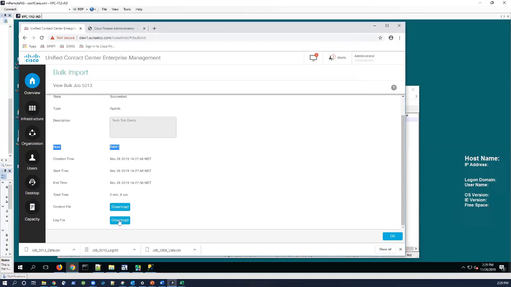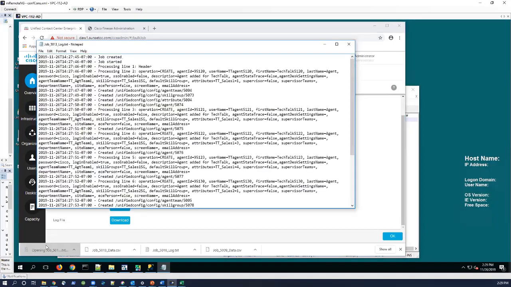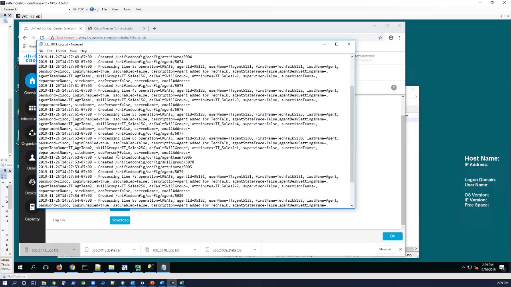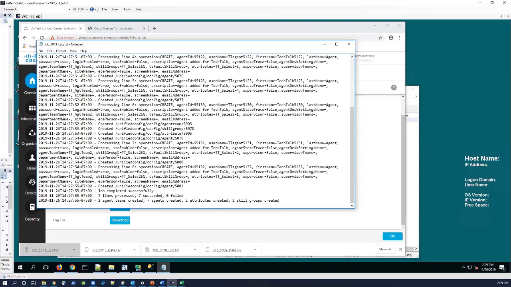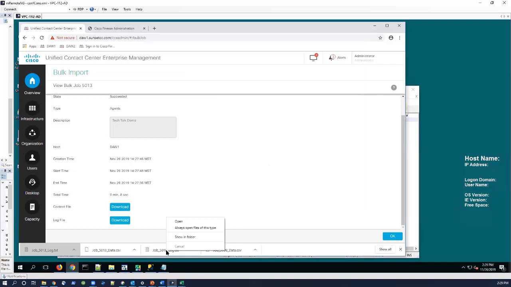The other thing we've enjoyed on the current release is the ability to download the log file. If I download the log file, it shows me the entries for when it went through and what it did step by step. So I can go in and verify. That can be critical because as one of my log files will show,